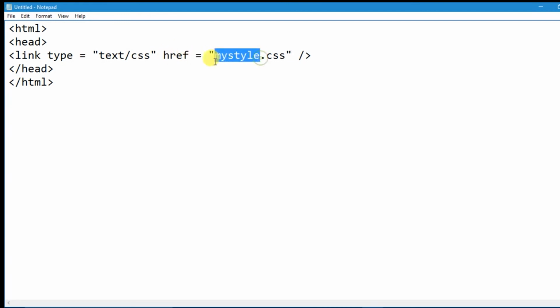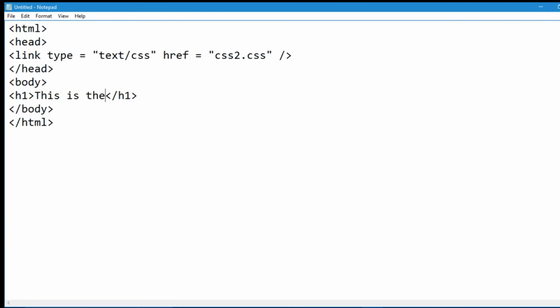I will pass here css2.css because it was my file name which I saved, and now after the head we will put the body tag. Body open, body close. Now I am adding the h1 tag, h1 open, h1 close. Inside this I am passing, this is the HTML with CSS.